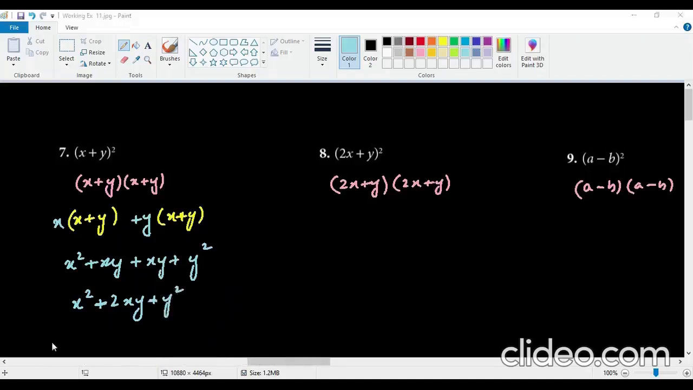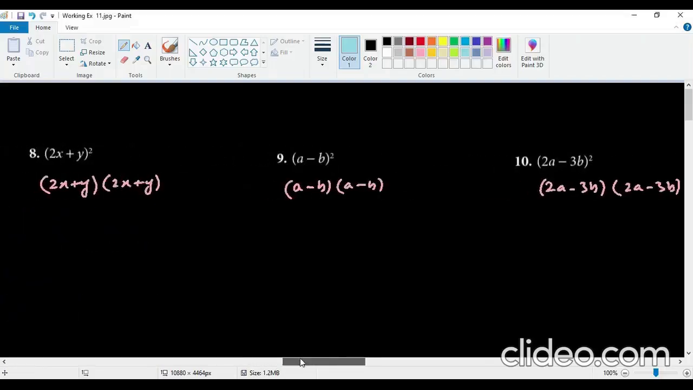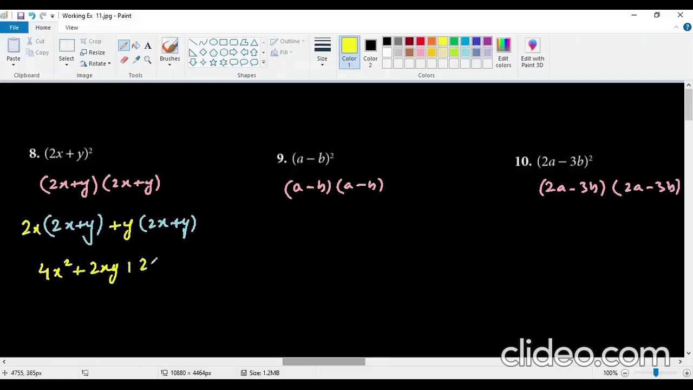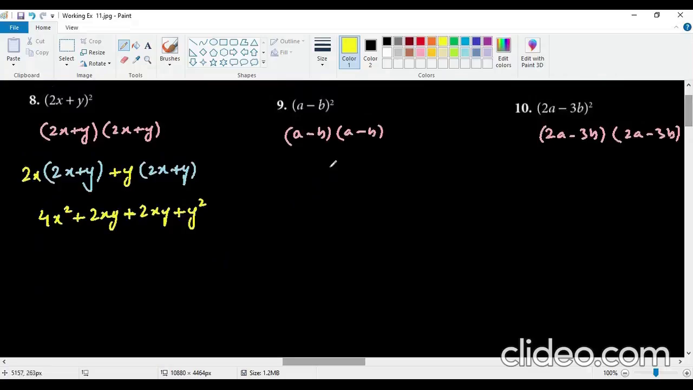Moving on to question number 8. As always, I write 2x plus y in two different brackets with the space between them. And first I will write a 2x in the first one, and in the second one I will write plus y. So first one is going to give me 4x square plus 2xy plus 2xy and plus y square as an answer. So this is going to give us 4x